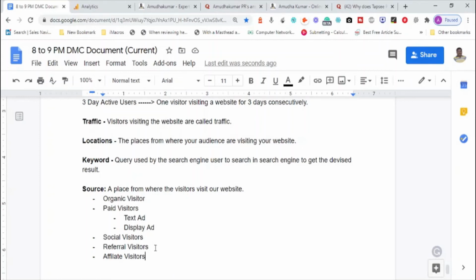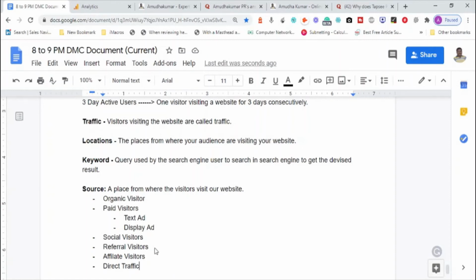So organic, paid, social, referral, affiliate, and most important is the direct traffic.